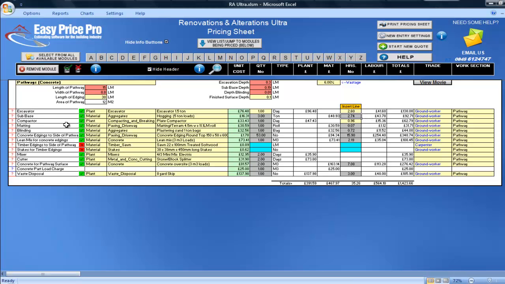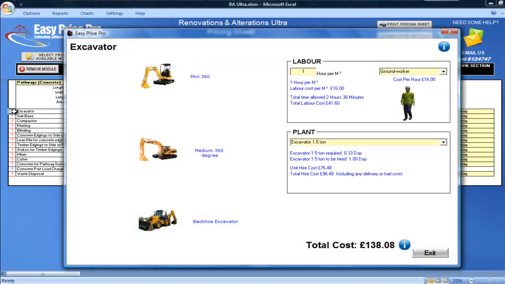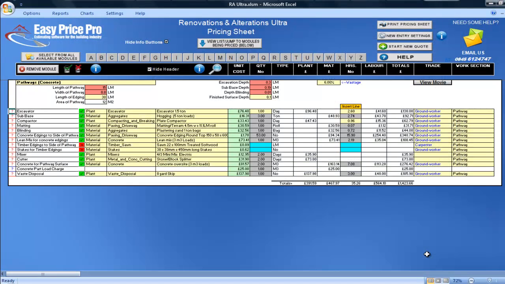I can also click on the red question mark. Here I can see how much time is allowed to excavate each cubic metre. Again, I won't be altering this, but you can if you want, directly in the picture. I can see how many tonnes of hogging have been allowed for my sub-base here. If you want to change the aggregate for your sub-base, just use the drop-down menu and select the type of